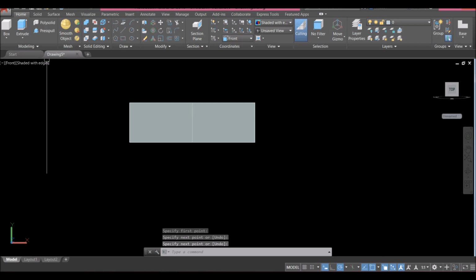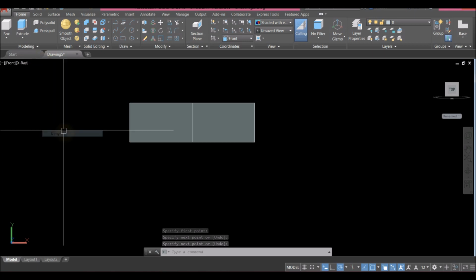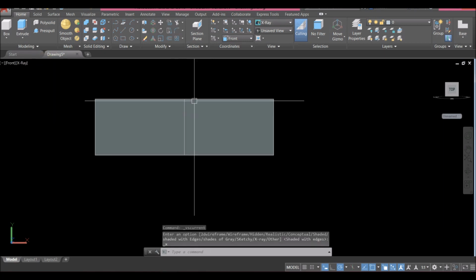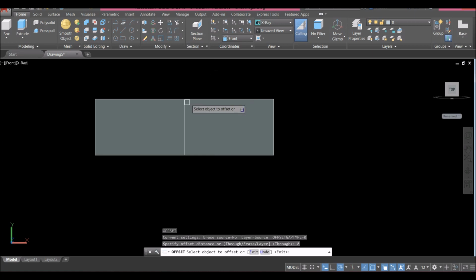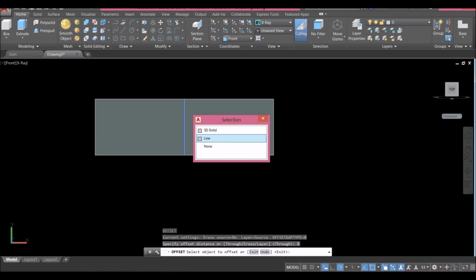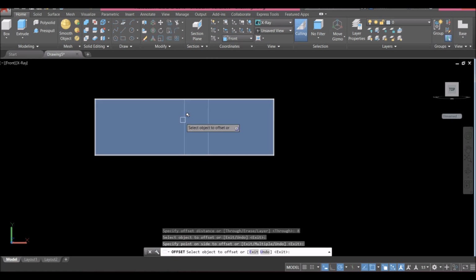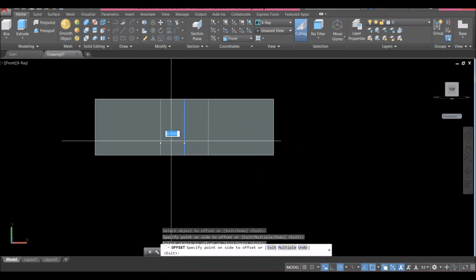I'm gonna change this first to X-ray so it's easier to see. Now I'm gonna offset that line, so O for offset, because my door would be about 16 inches wide, so I'm just gonna offset it for 8 units on both sides. So select the line, click here, select the line, click this side,